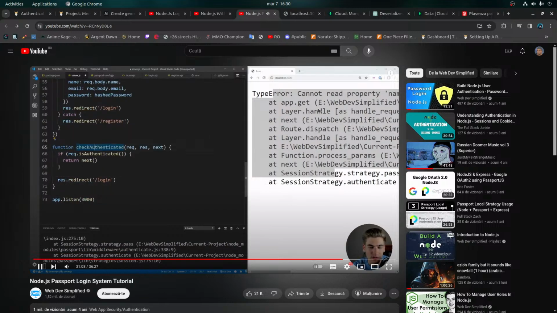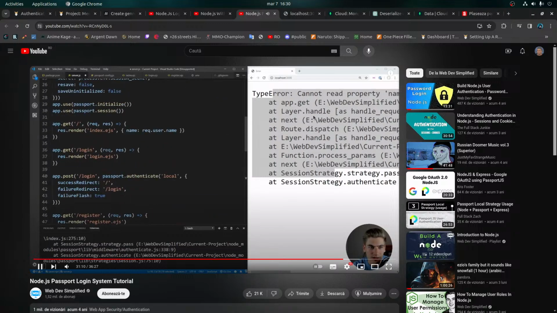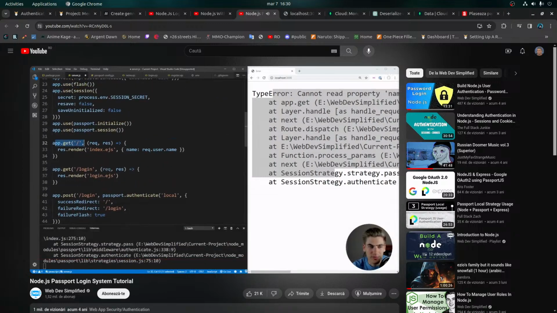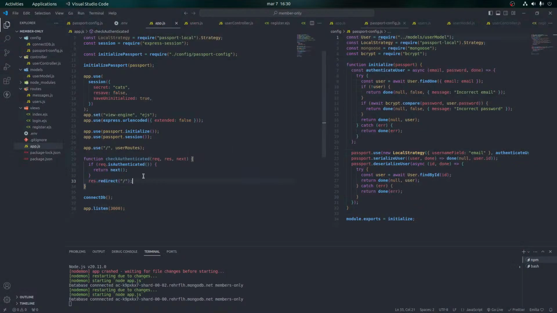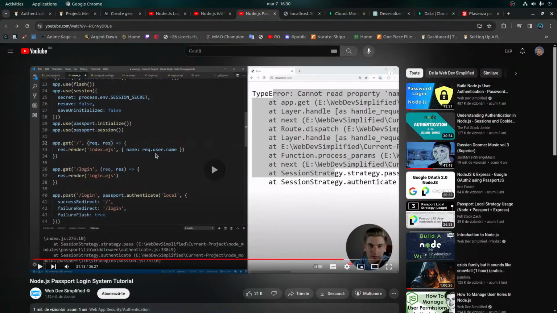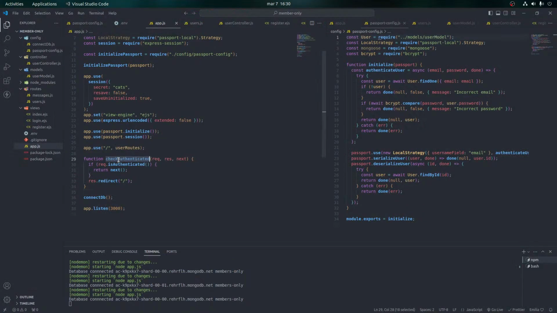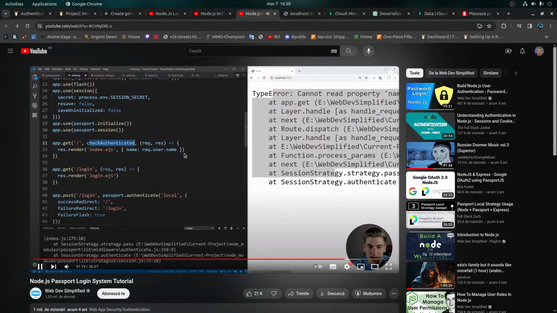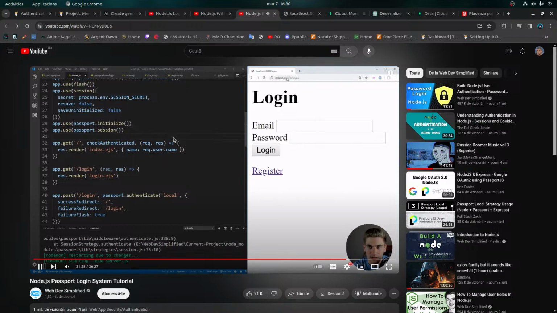So now we can use this check authenticated middleware, go all the way up to here where we have in our app.get, and whatever we want to authenticate, we just put in this check authenticated before our actual function, and this will get called first. And if for some reason there's a problem, it'll actually redirect the user to that home page or the login page. So now let's save that, and if we just try to go to this page, you'll see immediately